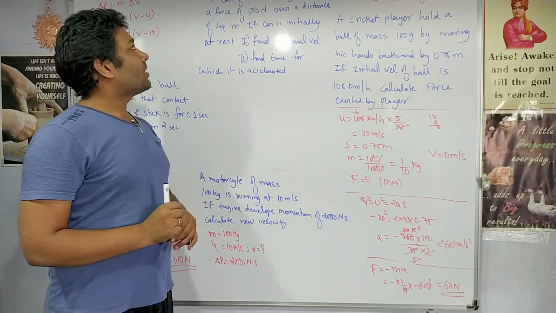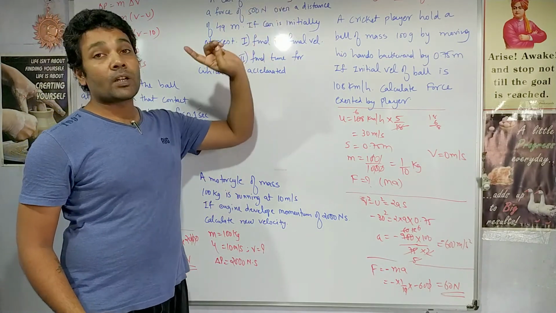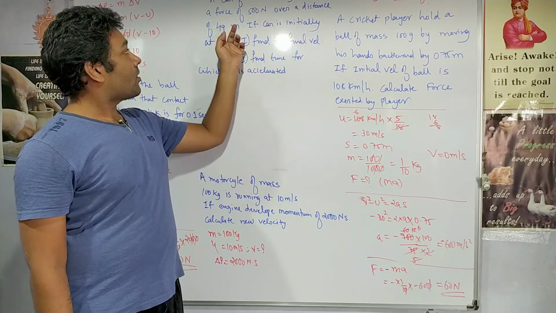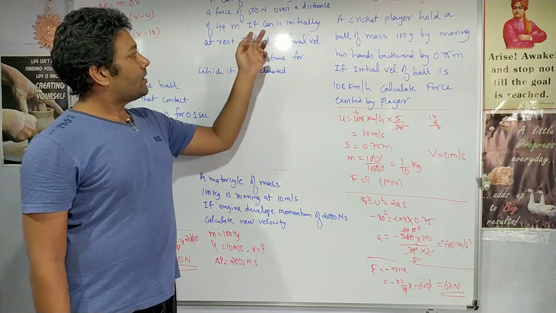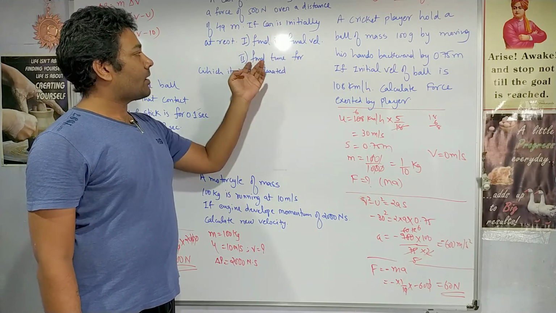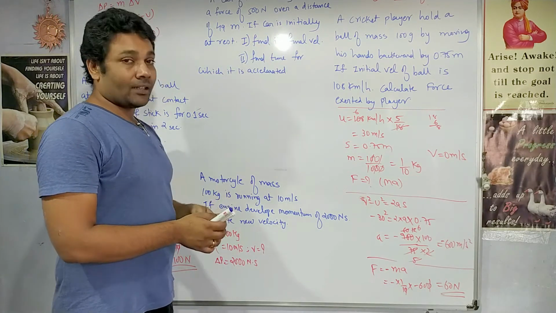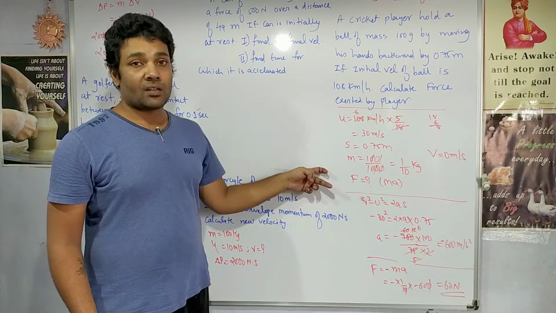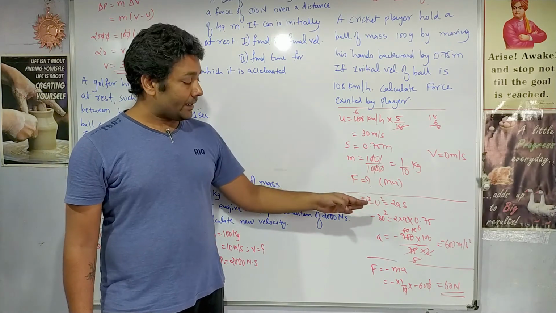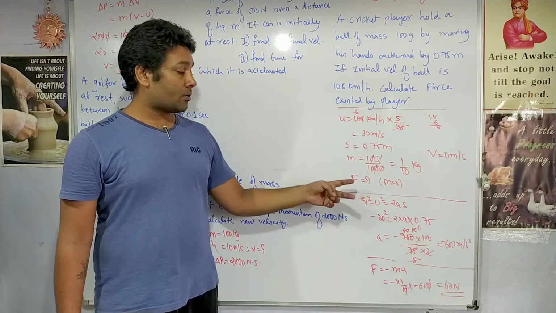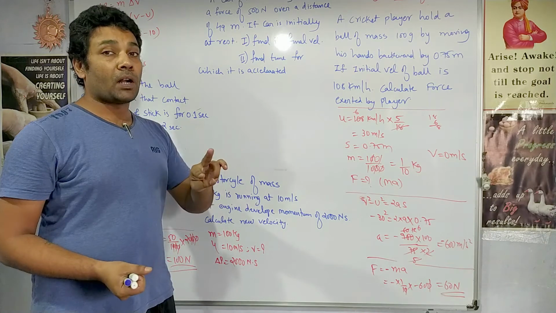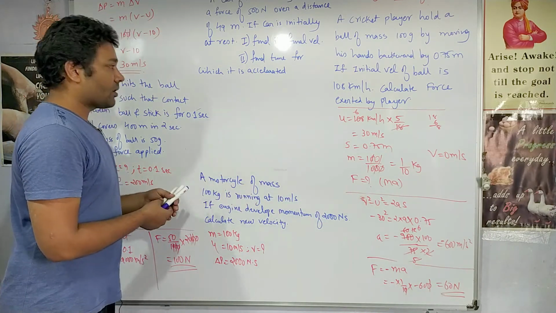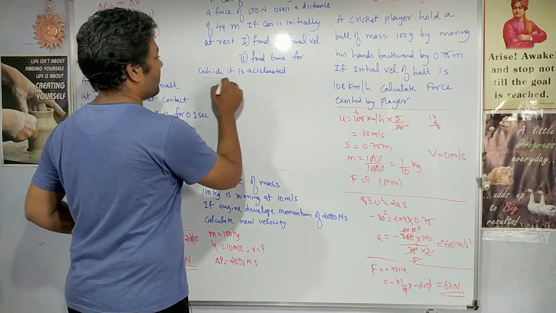So here we have another question. A car of mass 1000 kg develops a force of 500 newtons over a distance of 49 meters, right? If the car is initially at rest, find its final velocity and the time for which it is accelerated. So again, as you see in all the sums, we use two formulas, F is equal to ma and one of the equations of motion. So all these questions are solved in two parts. One part has F is equal to ma and the other part has the equation of motion. So here also the same method will be used.